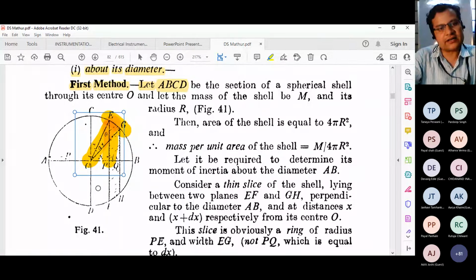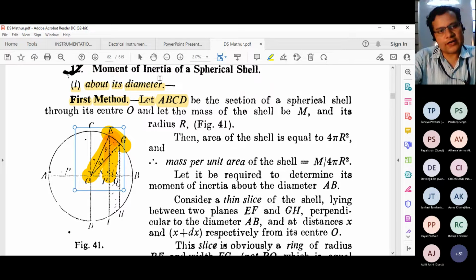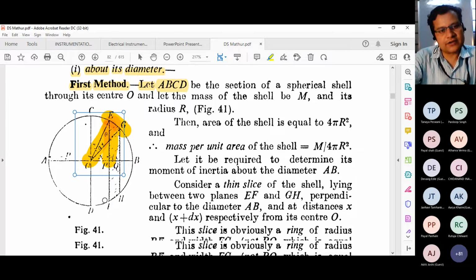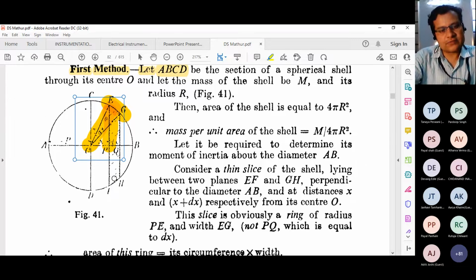Okay, and these are the planes which cut those perpendicular axes, diameters, say AB and CD, passing through the center of that particular shape. So when we are finding the moment of inertia about its diameter, we first need to find the moment of inertia of such a small spherical area, or ring, or slice of a certain radius, and that radius will always be the perpendicular distance. That cuts this particular shell, and we integrate to complete the whole spherical shell.